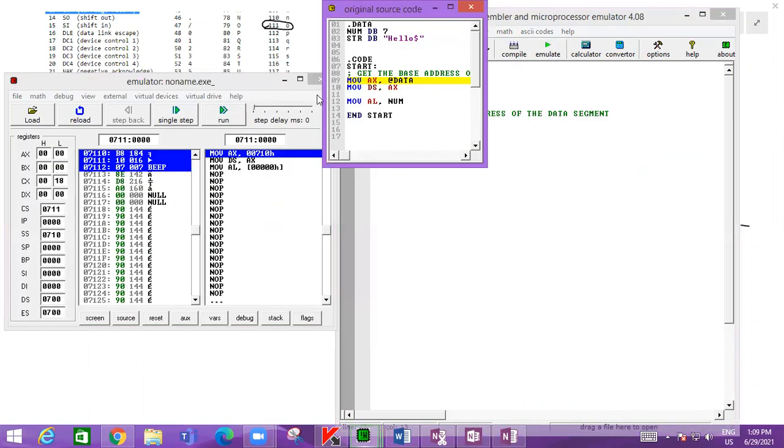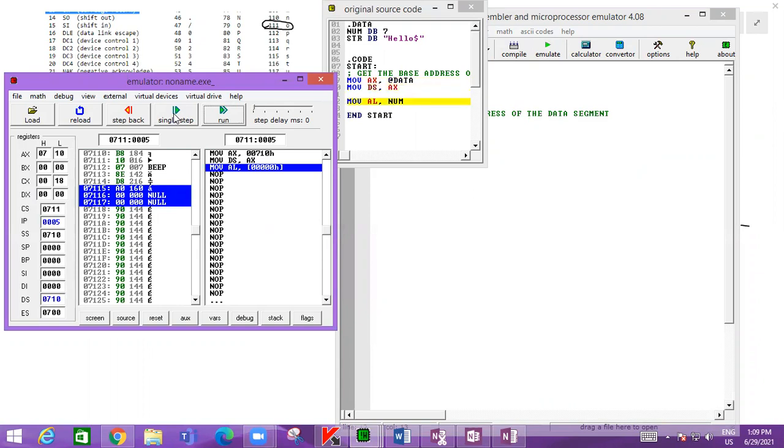So emulate. So single step. Until here we have seen. Now we have to check whether this AL will be getting a 7. Okay, because we have stored that 7 there. Okay. So you can see 7 is loaded into the corresponding register.